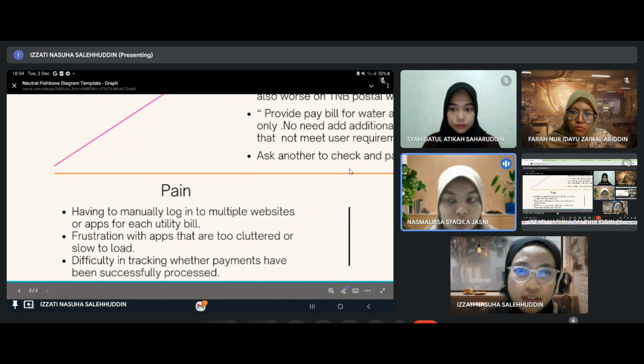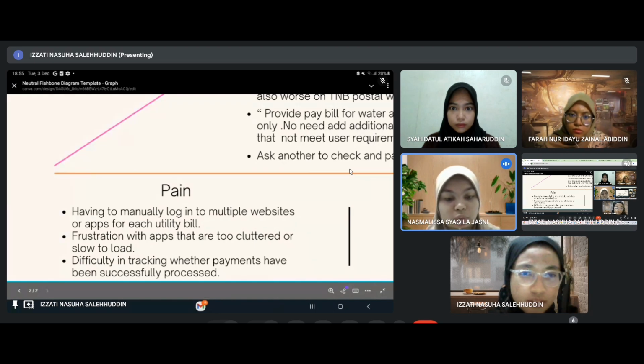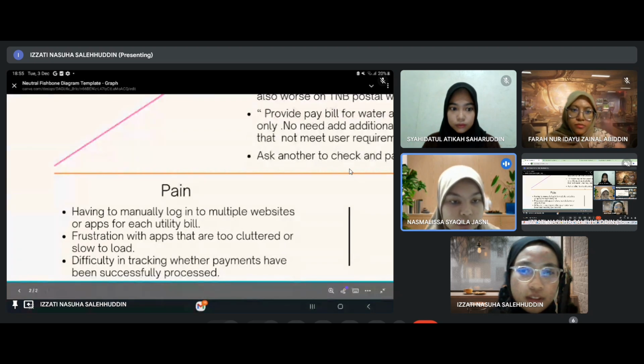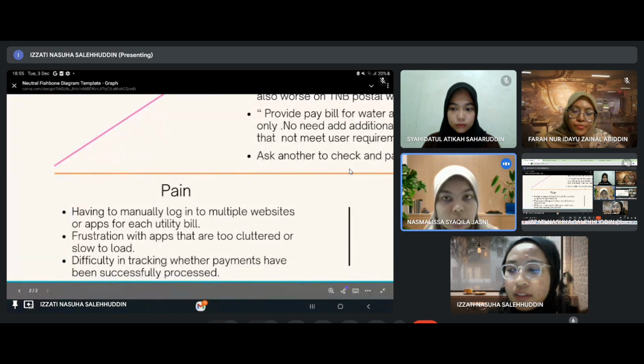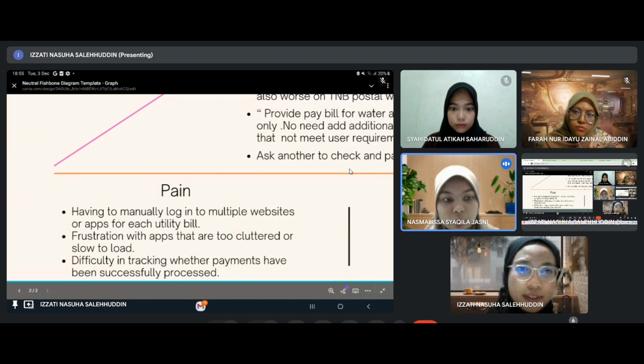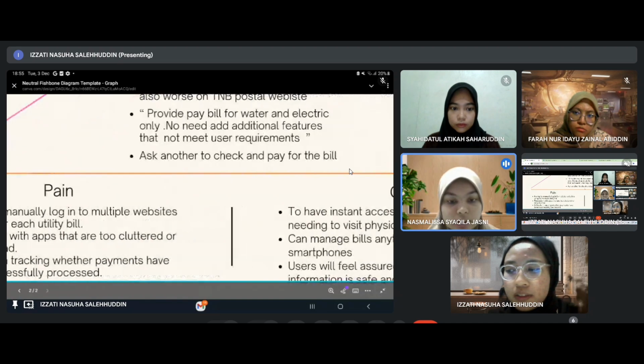When they want to log in to the app, it becomes so slow to log in, and it becomes so frustrating for the user. The last one is difficulty in tracking whether payments have been successfully processed. They might feel like they haven't received confirmation of the payment, so they do not believe that the payment has been successfully processed.